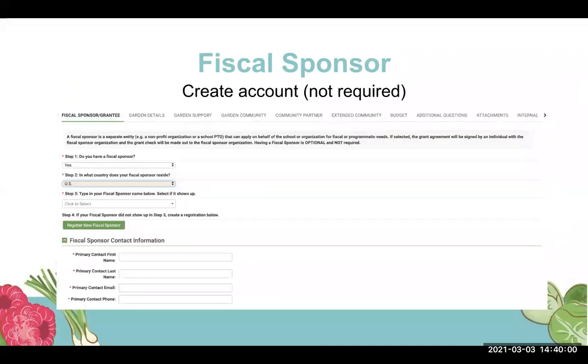So the fiscal sponsor, which I talked about a bit before, this is what it looks like in the application itself. So this is what you can expect to see. If you do not have a fiscal sponsor, then you'll just choose no to step 1 here, and you won't have to worry about steps 2, 3, or 4, or the fiscal sponsor contact information. If you do have a fiscal sponsor, you'll